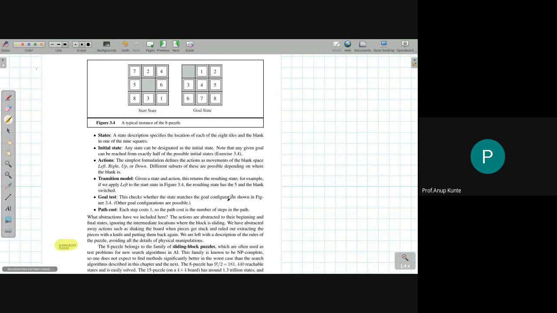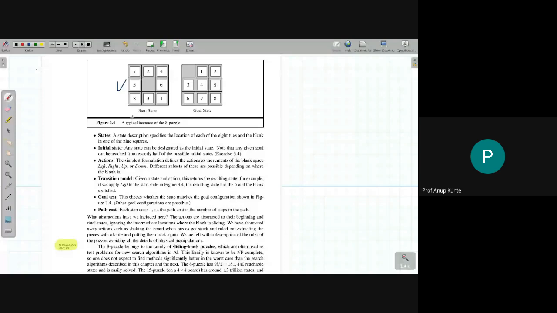So this is a very simplistic game. I have a 3x3 grid, and I have 8 numbers dispersed in this grid. One number is missing, that is, one cell does not have any number. What you need to do is slide that block in order to put all the numbers in a particular sequence. This is one incarnation of the problem, where what you're looking at is the start state, one kind of dispersion of 8 numbers in 9 cells. And you can work out how many such dispersions there could be: there are 9 cells and 8 numbers. How many combinations can I have where I place 8 numbers in a grid of 9 cells?